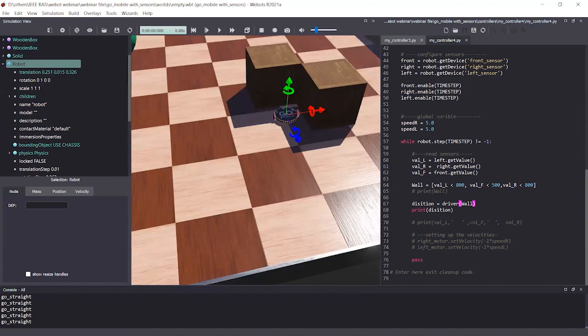So let's do something. According to the driver's decision, we are going to change the wheel speed. So how can we change the wheel speed? The driver gives us a decision. If the driver's decision is go straight, I'm going to write it like this.